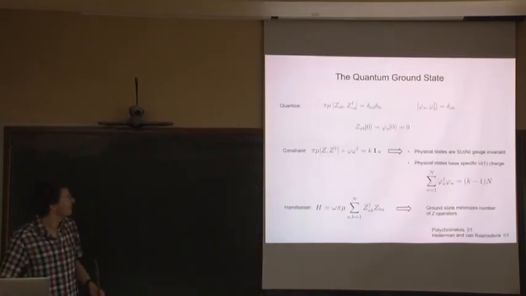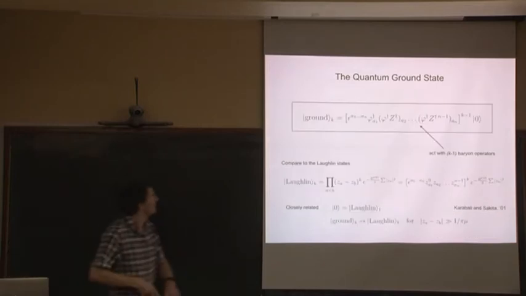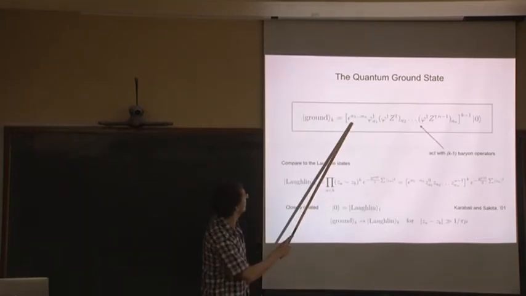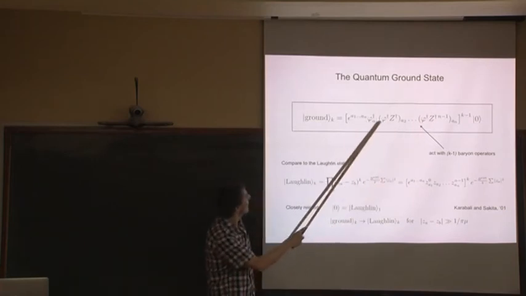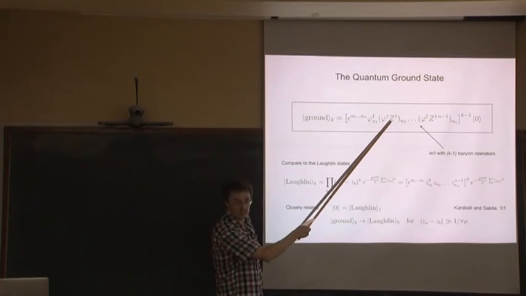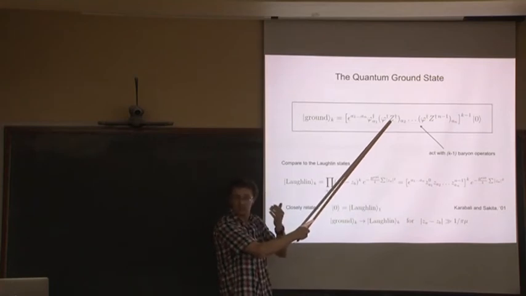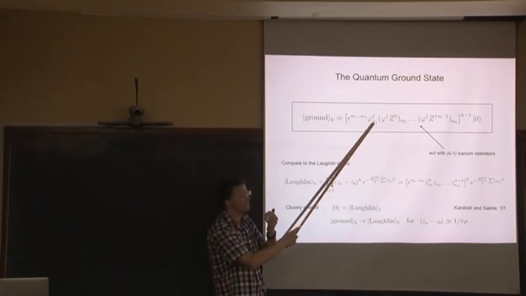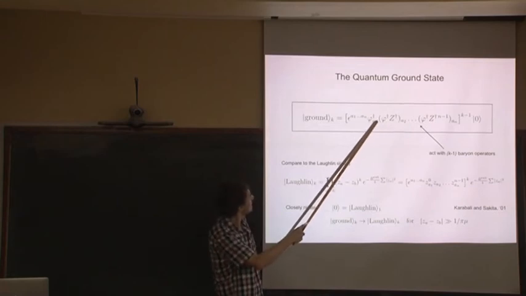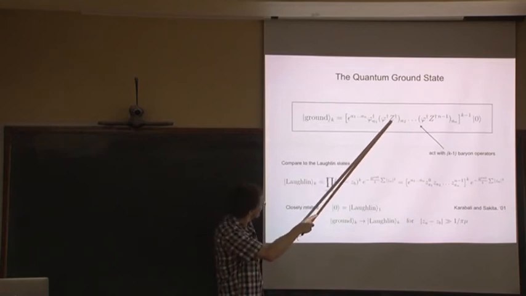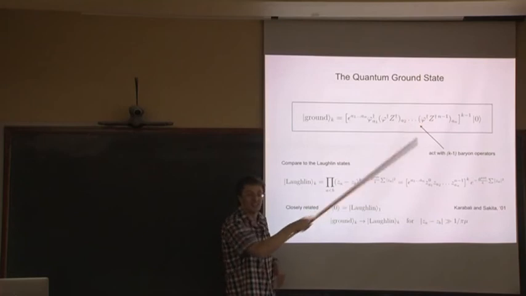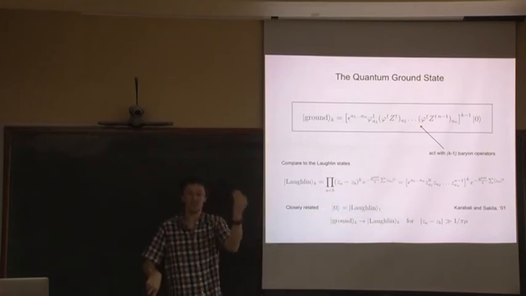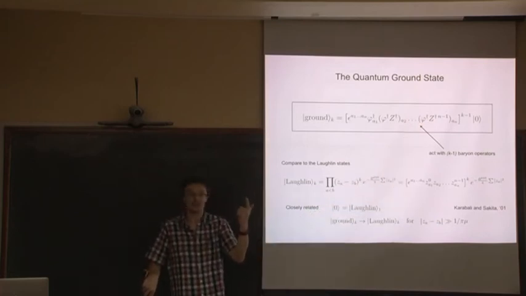Okay. So what's the final state? The states you end up with are the following. You've got a baryon, you put a bunch of phi daggers, but now you've got to insert z's here precisely so these things aren't the same, so they don't disappear by statistics. So for each phi dagger you can insert a z, and the number of z's you insert here has to be different from the number here, different from the number here, and so on, so that you have a state which is a singlet and is non-vanishing.